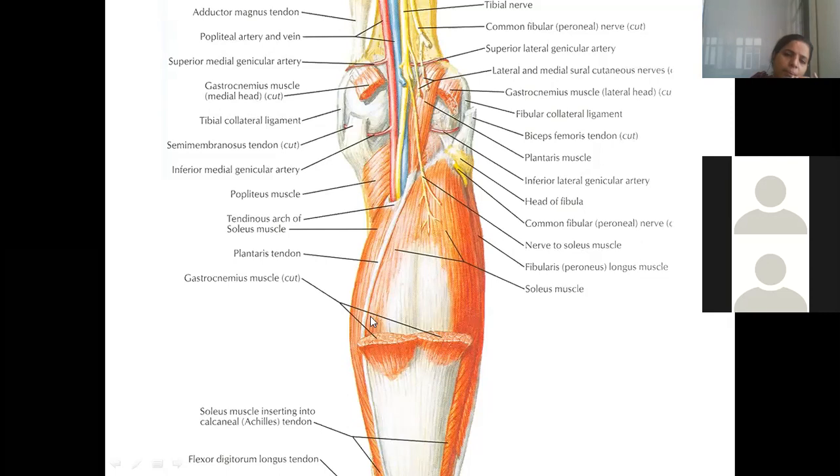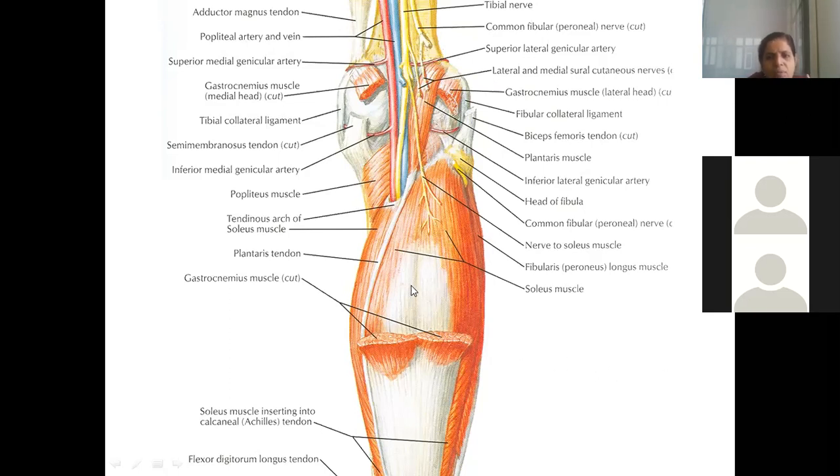Okay, the picture is good, so I am trying to tell you many things from here. Then what is this thick nerve you are finding here? Tibial nerve. Okay, what is the one which is cut here? Very good. Common peroneal, or fibular, as Hansraj is telling. So cutaneous nerves are the sural cutaneous nerves, medial and lateral. The medial one is coming from the tibial and the lateral one is coming from the common peroneal. Like that.